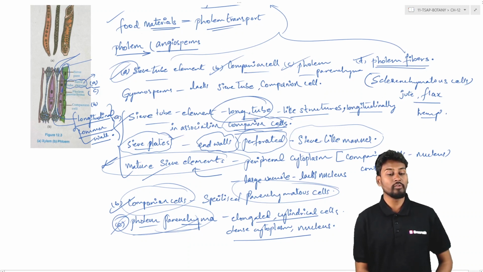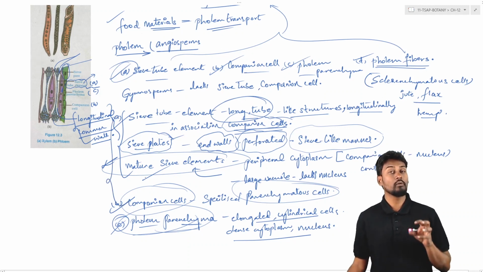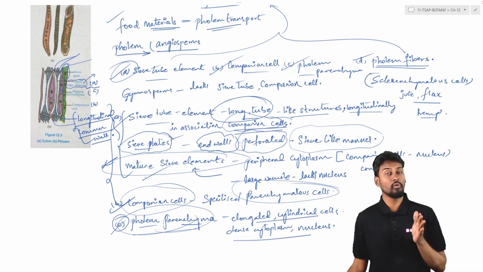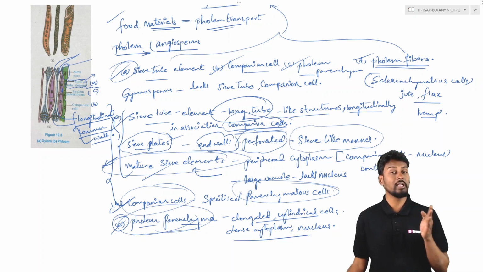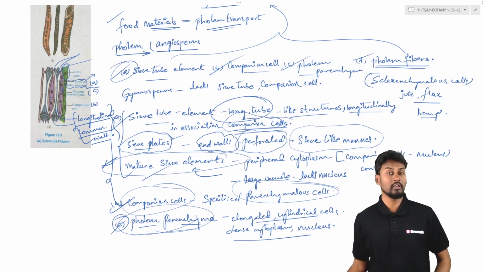ఇక్కడ ఏంటంటే మనం గుర్తుపెట్టుకోవాల్సింది స్టీవ్ ట్యూబ్ ఎలిమెంట్స్ తో పాటు కంపానియన్ సెల్స్ కూడా, ఇవన్నీ along with the phloem parenchymal cells they are involved in conducting the food material. ఏ విధంగా అంటే they are creating the pressure gradient అన్నమాట. సో